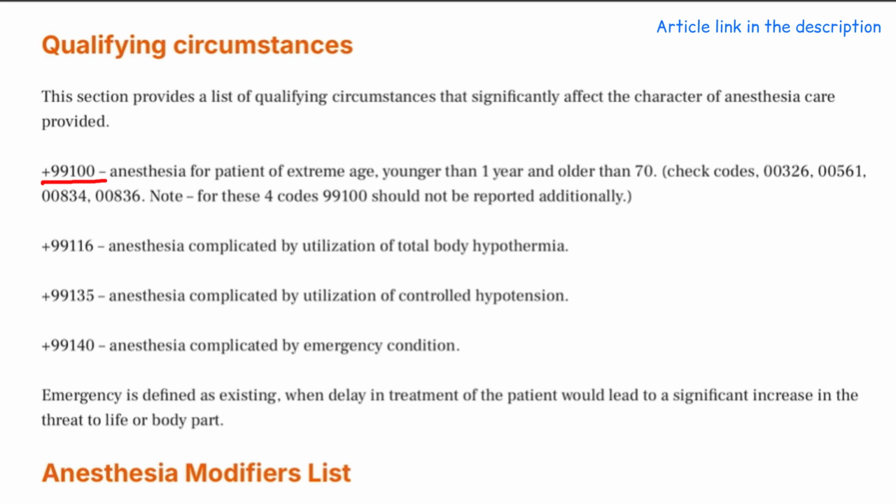First, 99100, anesthesia for patient of extreme age, younger than 1 year and older than 70. So whenever the patient is younger than 1 year, then we have to give this qualifying circumstance. There are exceptions for this qualifying circumstance. So the codes